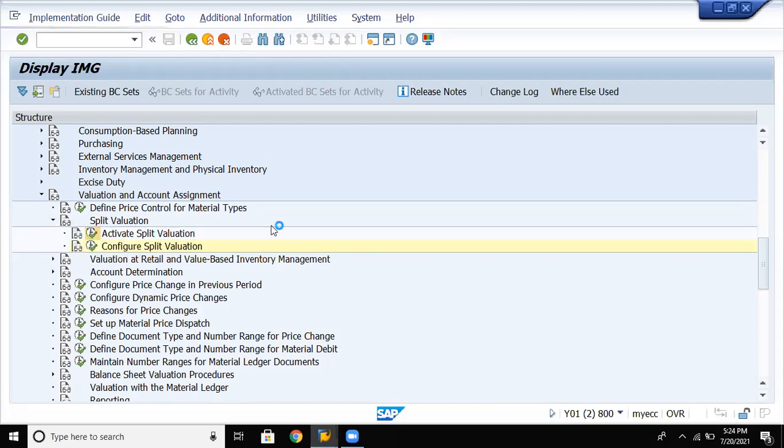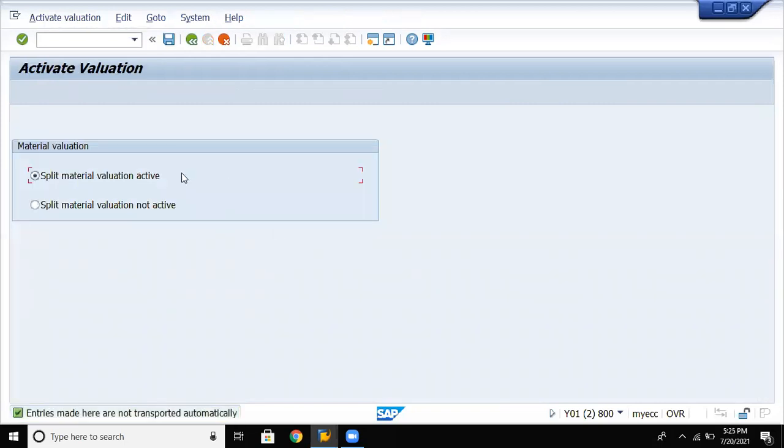So activate split valuation. You can see by default split valuation will be activated because most of the stock, in any project or for any client, would be in a lot size or a batch size. So here we need to check the box, split material valuation as active. Go back.